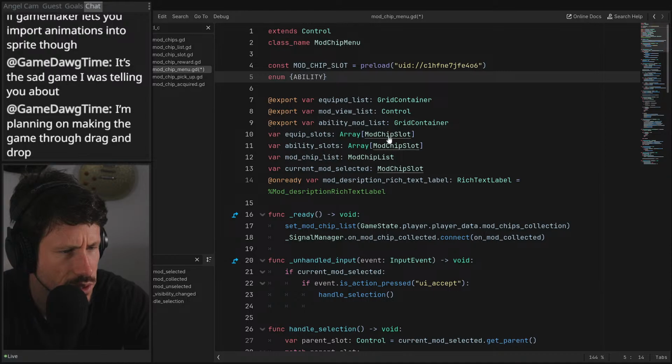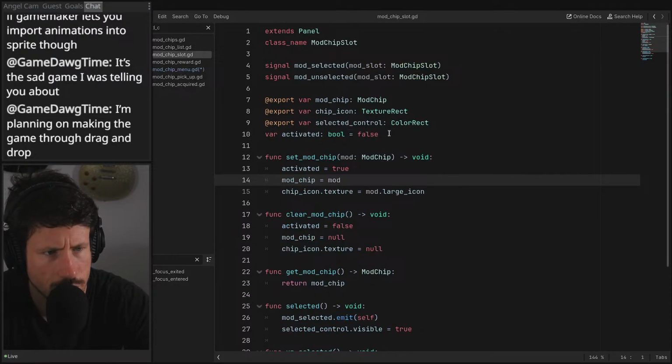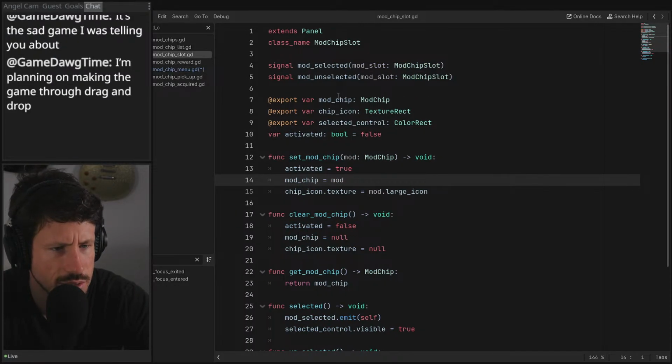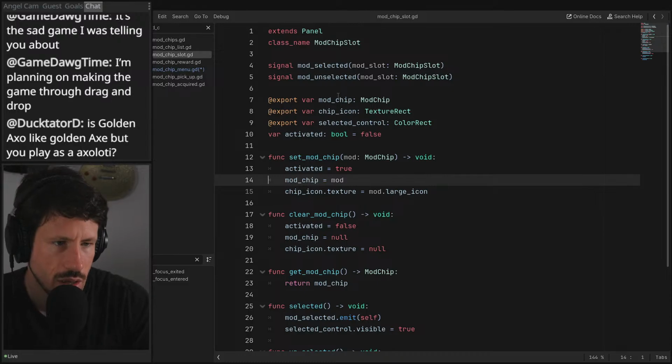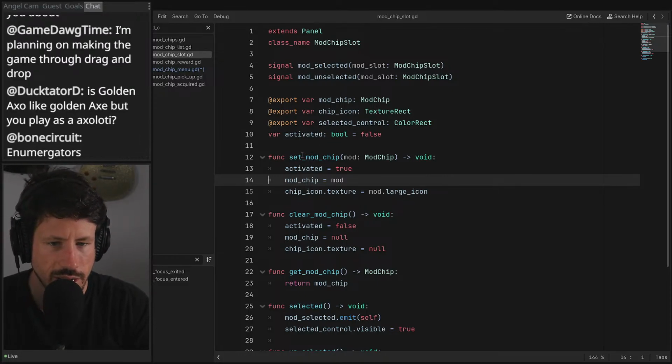Ability? I'm spelling that right. Also, a mod chip slot doesn't have anything here to tell it that it's golden axe, like golden axe, but